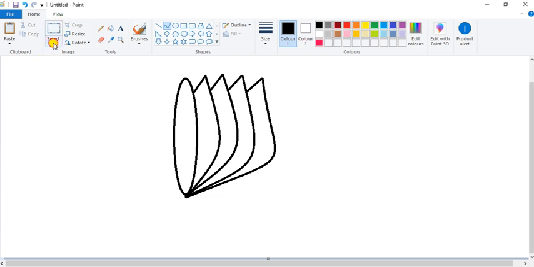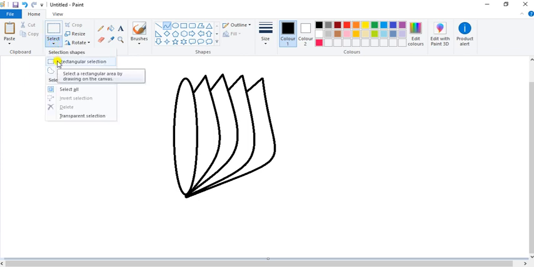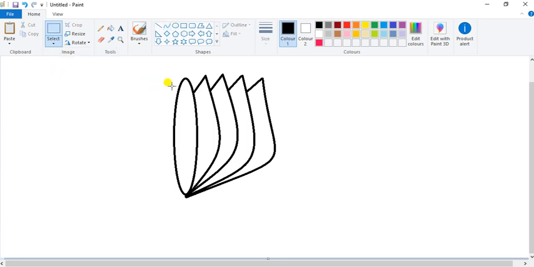Then click on select tool. Then select rectangular selection option and select this half part like this. Drag it and select this half part.